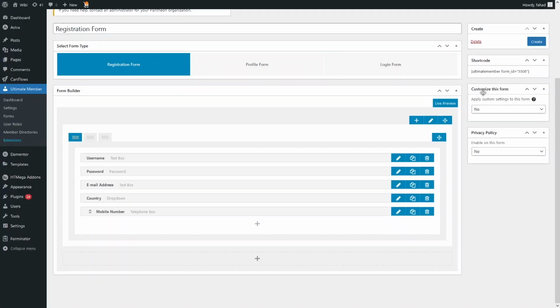Now you can see here that we have the create option here. So if you want to create this form, you simply click on the create, and if you want to use this form, you can use this shortcut, and we can also customize this form as well. And in the last we have the privacy policy. So right now let's click on the create here,